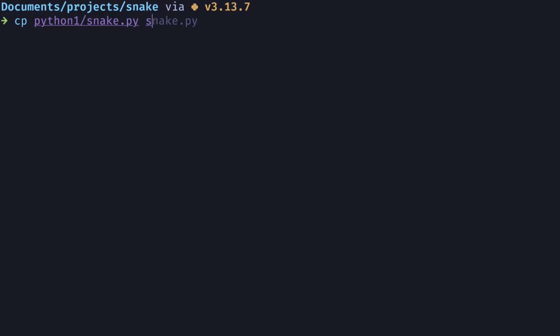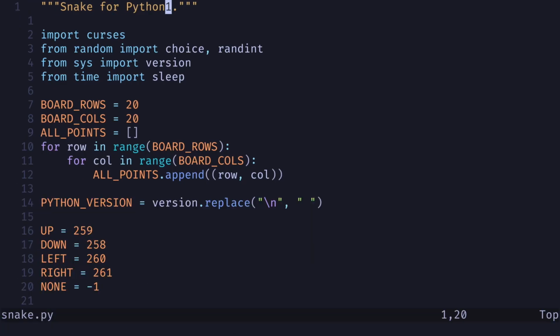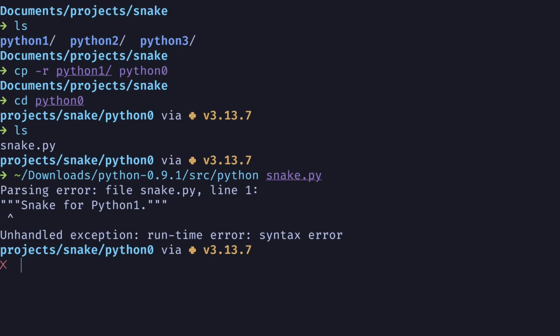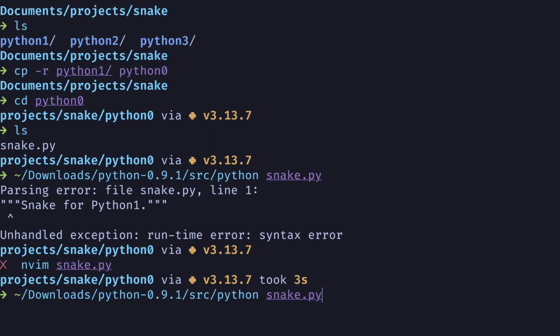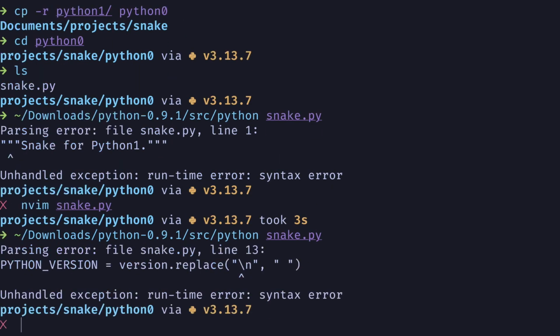So now we get to Python 0.9.1, and I've been really curious this entire time to see how this is gonna play out. So, like the previous programs, I copied over the code from Python 1.6.0 and tried to run the program using the Python 0.9 interpreter. The first thing we lost was triple quotes for docstrings, so I just chose to remove them. Next, I saw this message, which initially made me think that we lost a new line character, but that didn't make too much sense to me